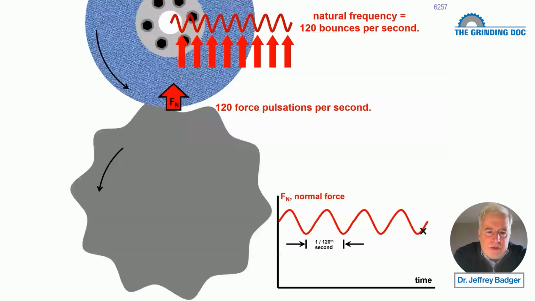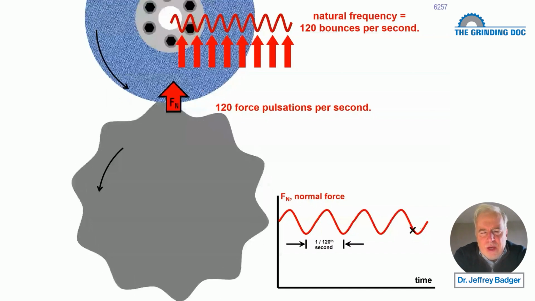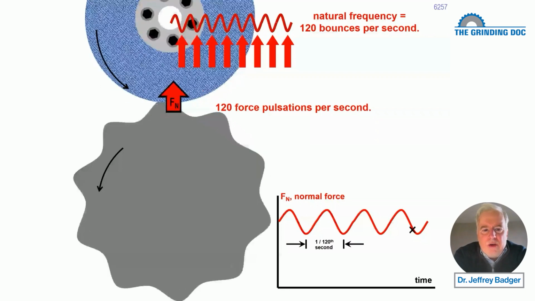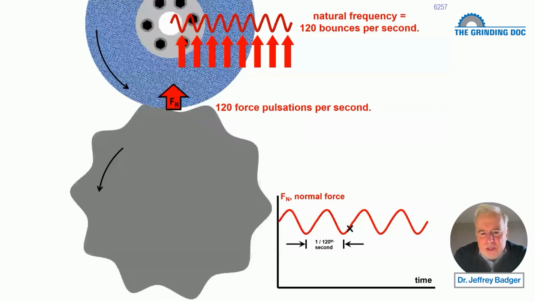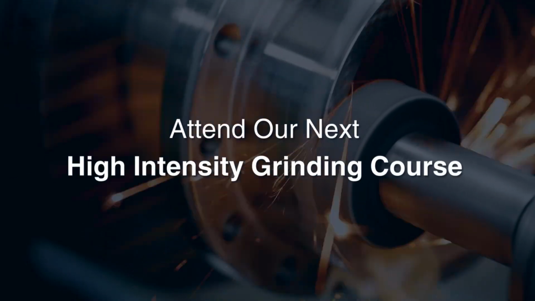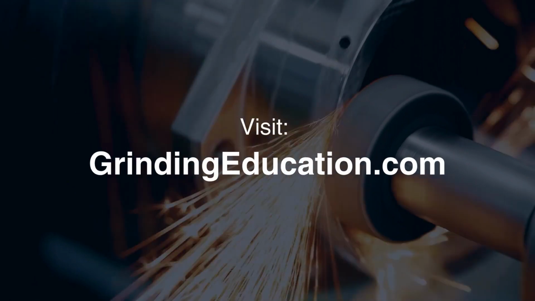And then in other videos or in my courses or in the book of grinding, we talk about, okay, well, there it is. How do we deal with it? How do we reduce it? How do we alleviate the problem, fix the problem? But the goal of this video is just to tell you what is the fundamental mechanism in workpiece regenerative chatter